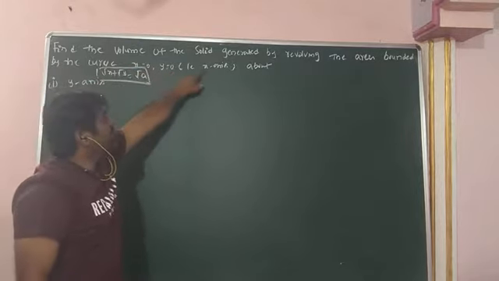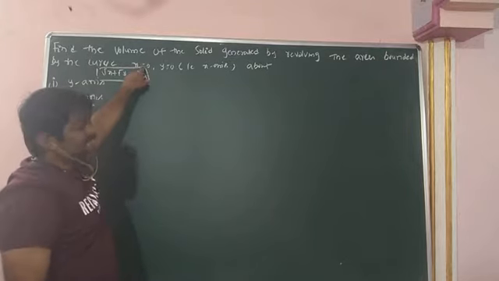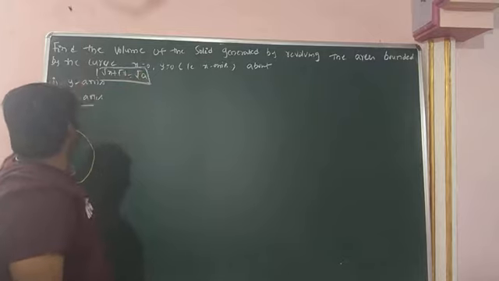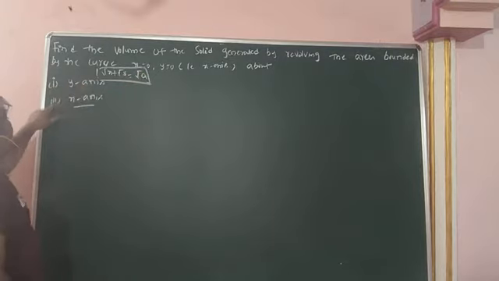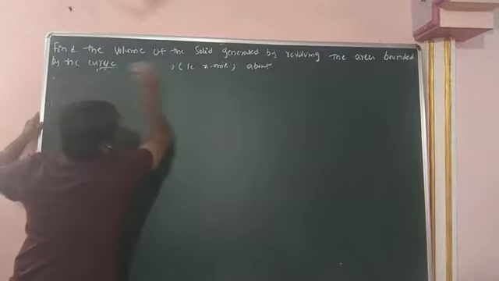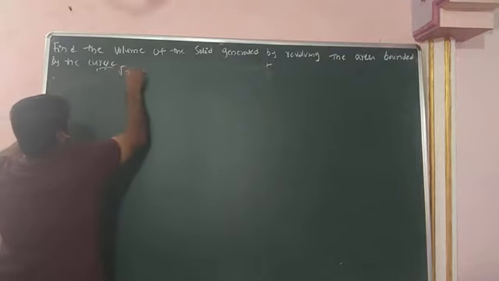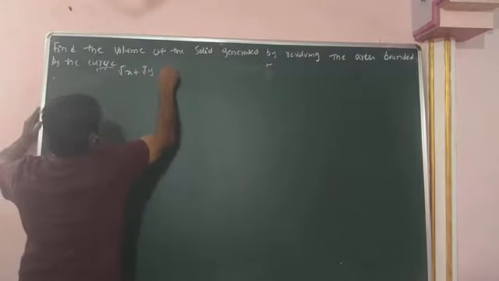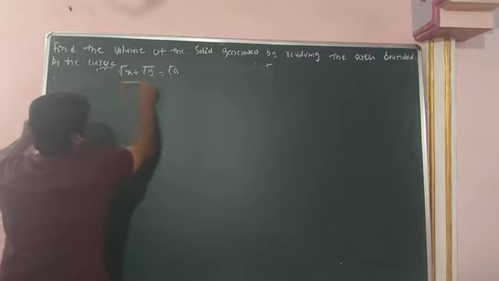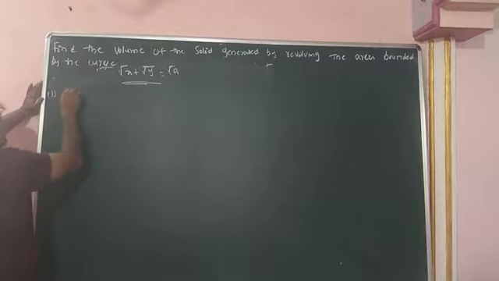So y equal to 0 is nothing but the x-axis. X equal to 0 is nothing but the y-axis. The first question is about the y-axis and the second one is about the x-axis. What is the main curve? The main curve is root x plus root y equal to root a. So we need to find the solution for the first question, about the y-axis.